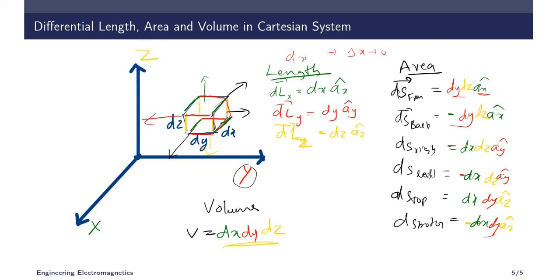So these are the 3 things we will see in a differential element, and we will be using this for deriving anything regarding the coordinate systems or regarding the electric field, magnetic field, etc. So this is very important.